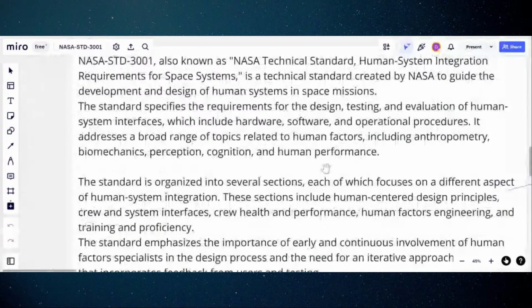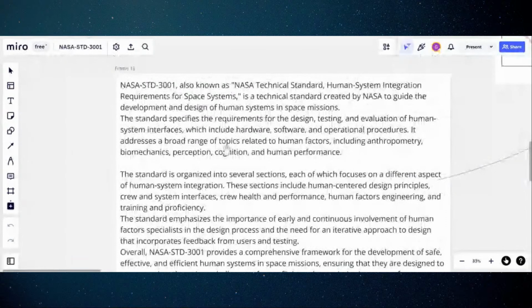It says the NASA standard, also known as the NASA Technical Standard Human, is a technical standard created by NASA to guide development and design of human systems in space missions. Now, it does the work on, and I'll reference this over here, the standards specify the requirements for design, testing, and evaluation of human system interfaces, including hardware, software, and operational procedures. It addresses a broad range of mechanics.